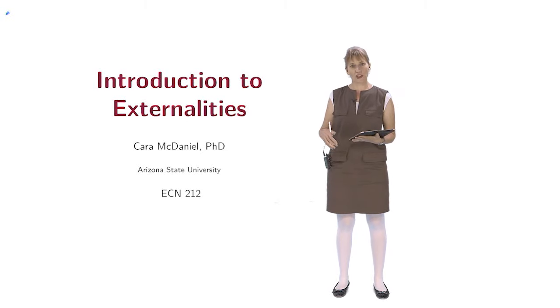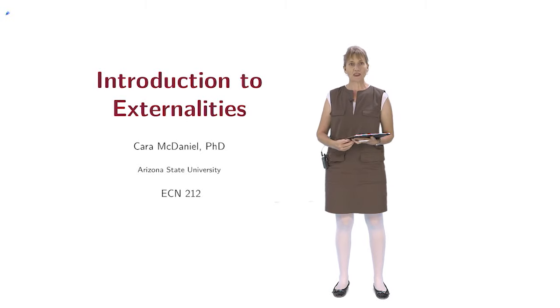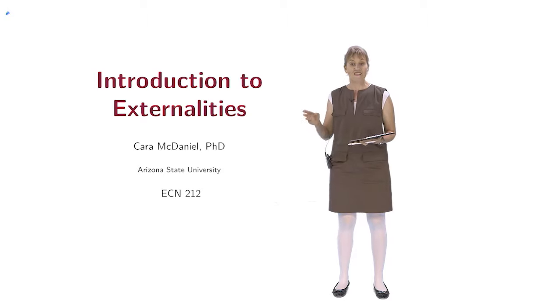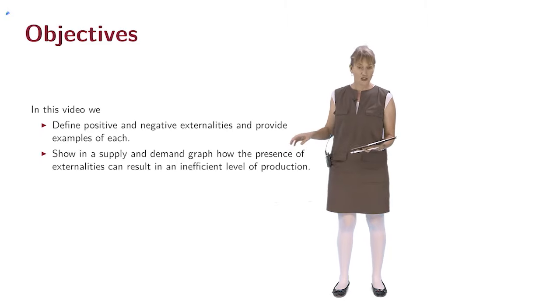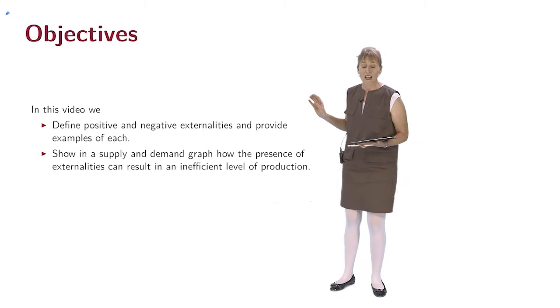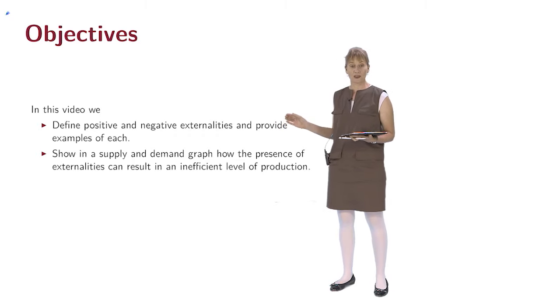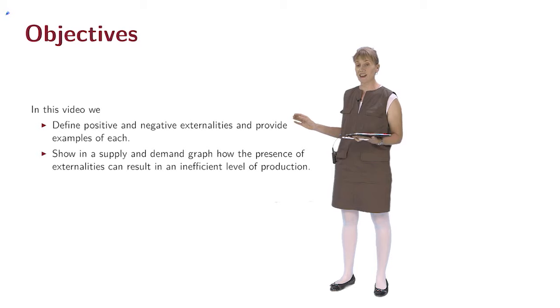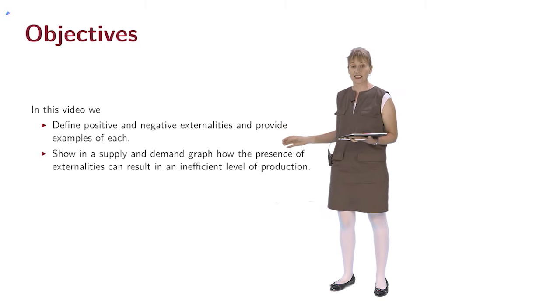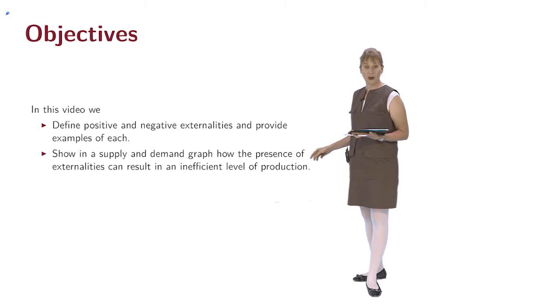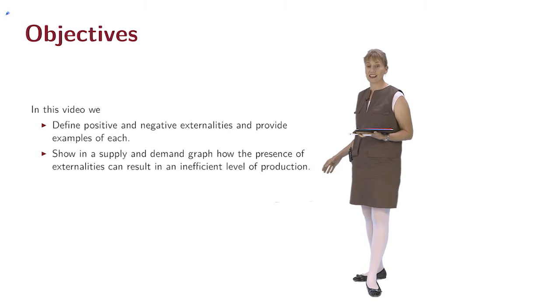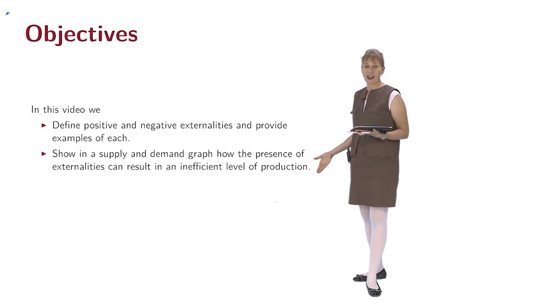In this video, we're going to talk about externalities. Markets with externalities fail to generate the efficient outcome. And so what we're going to do in this video is provide examples of positive externalities and negative externalities, and show in a supply and demand framework how the presence of externalities leads to an